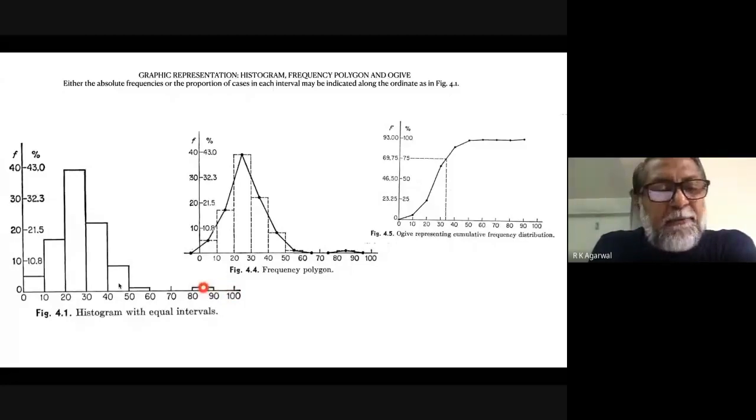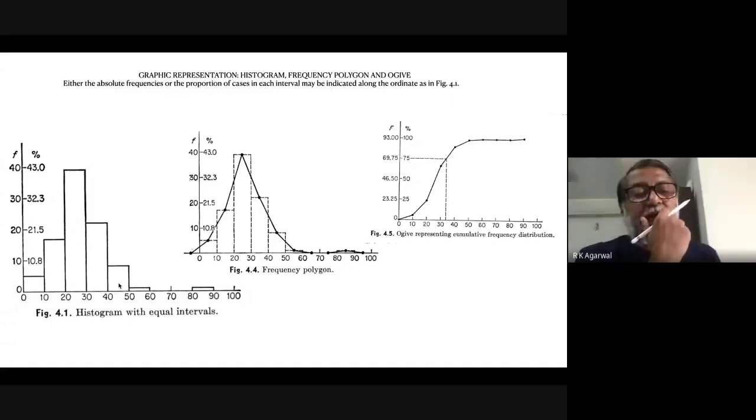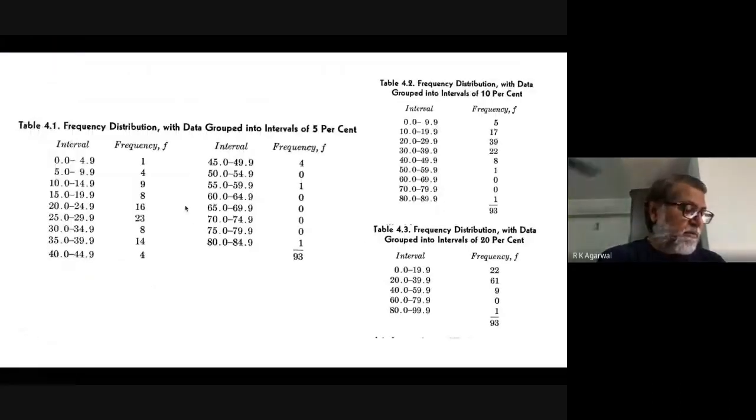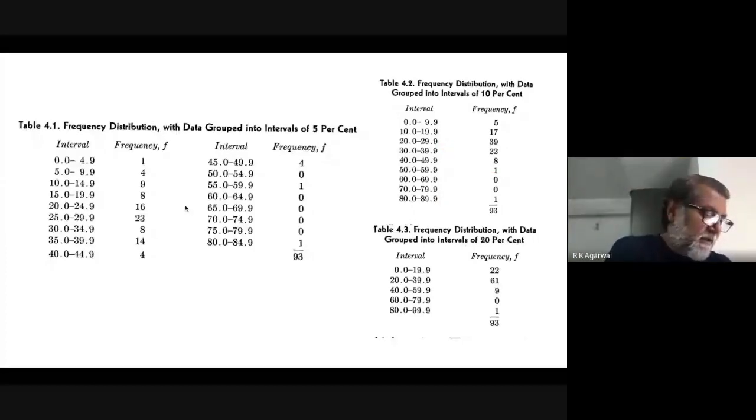So what have we done? We have constructed a frequency distribution diagram, which is called a histogram. So let me go back to the original data and show you how we have done it. This is what you have to concentrate on. No, sorry. This one. This is the second one. 0.2. This is the second one. So 0 to 10. Let us do it.